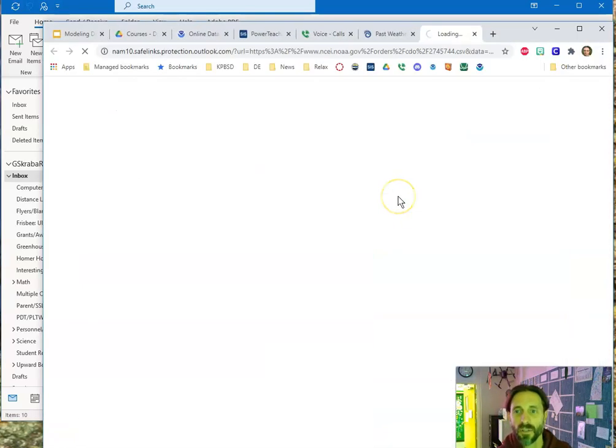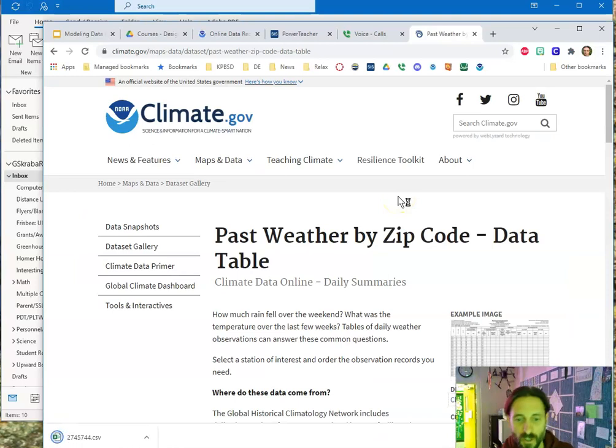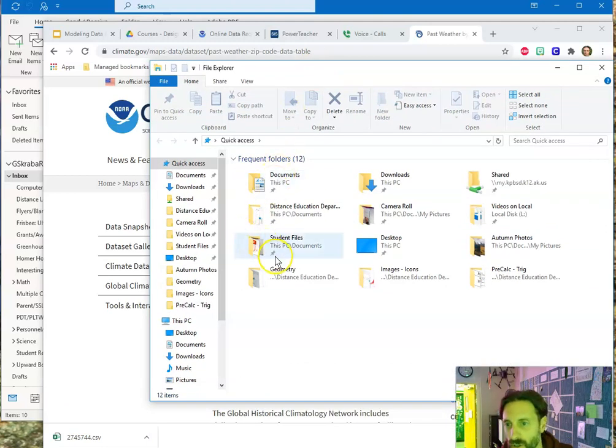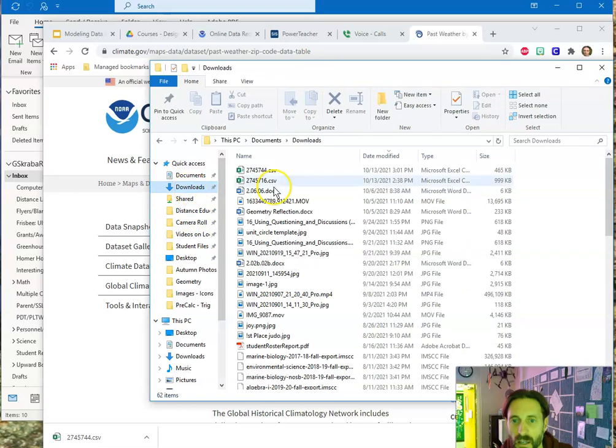Click download. It throws you back to a website, and you'll see down here, it is downloading a file, and it's putting it on the hard drive of your computer in the downloads folder. Let me show you that right now. So it's 27 something. If I go to downloads, right there, there it is. First file right there. Awesome. So I've got my data,